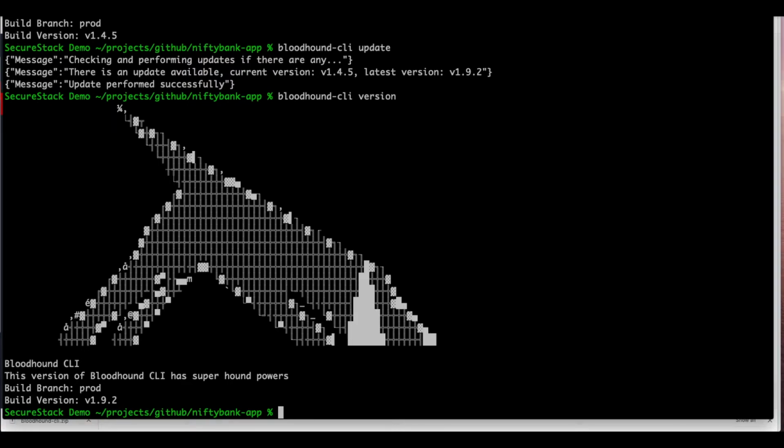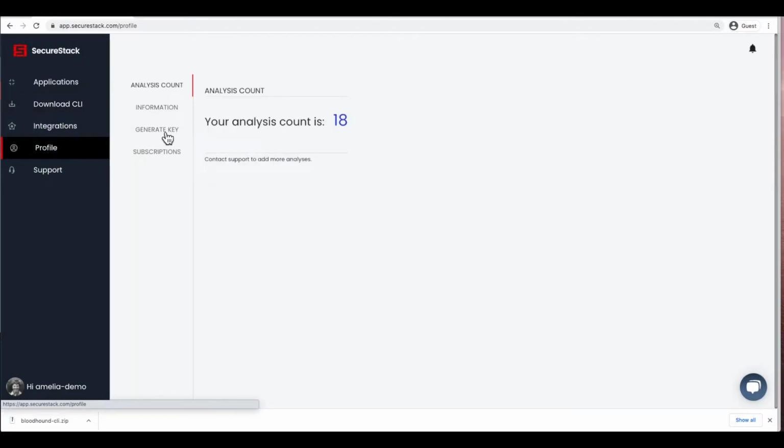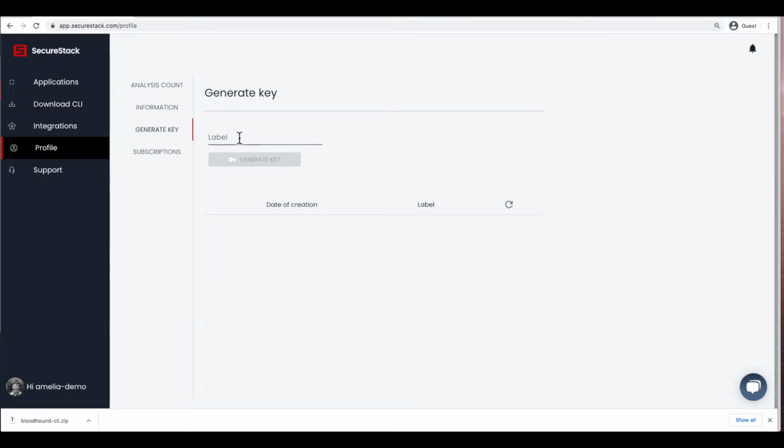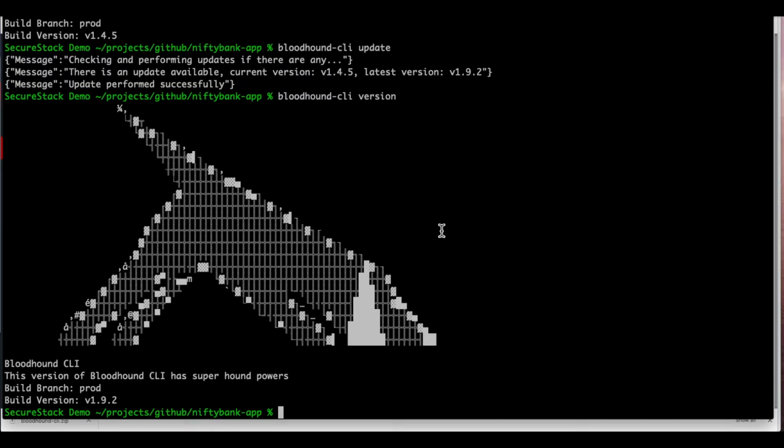Before the CLI binary can do anything, we need to create an API key in the SaaS portal, which will tell the CLI how to use it. So let's flick back over to our web UI, and let's go to Profile, and then Generate Key. You can name the API key anything you want. So today we'll call it Amelia Demo. We'll click Generate Key, and we'll copy the contents of that key. We flick back over to the terminal,